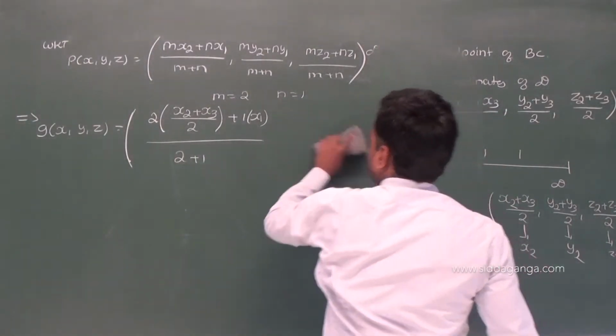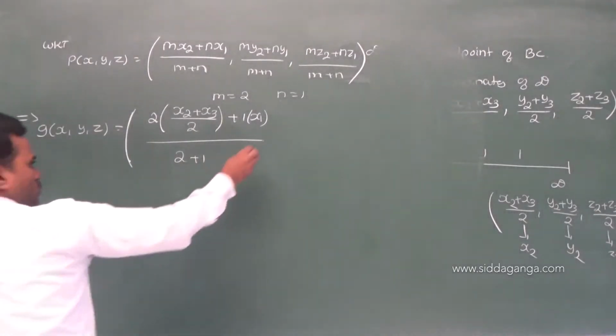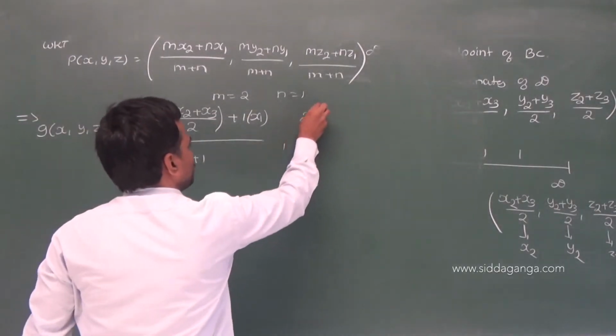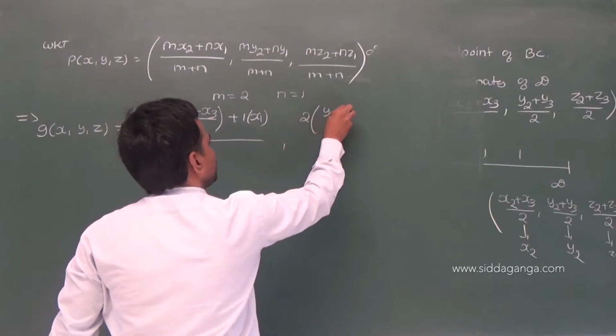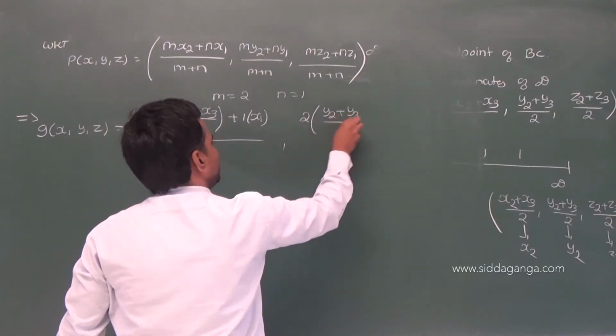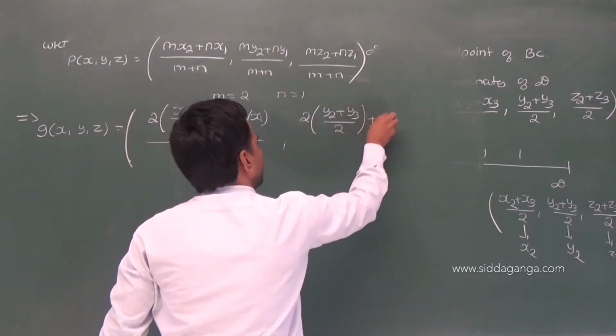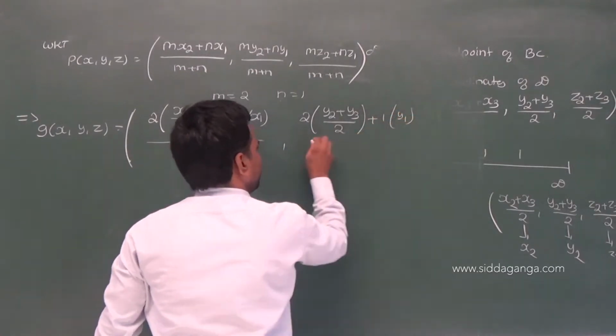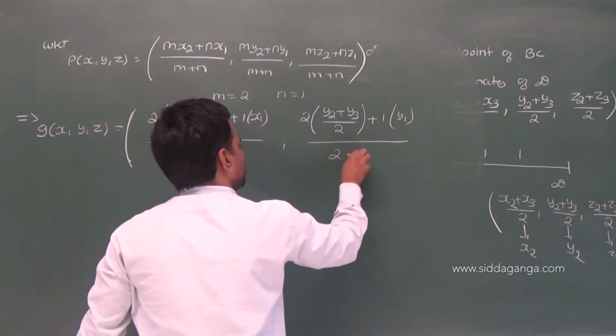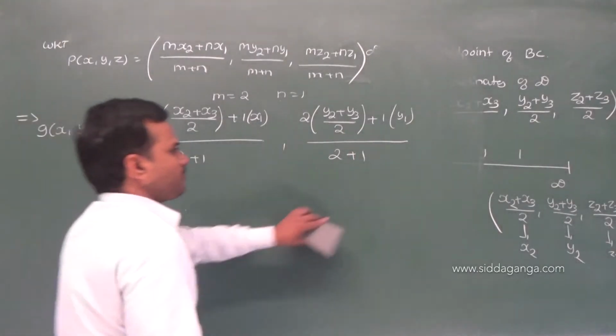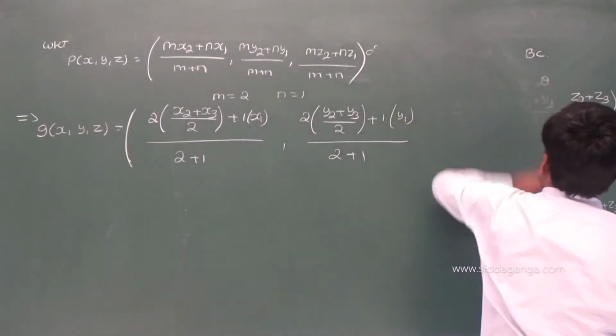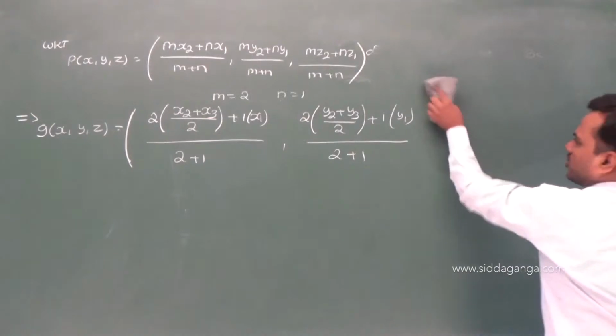Similarly, the y coordinate: 2 into y2 plus y3 divided by 2, plus 1 into y1, divided by what? 2 plus 1. The y coordinate is over. Similarly, the z coordinate